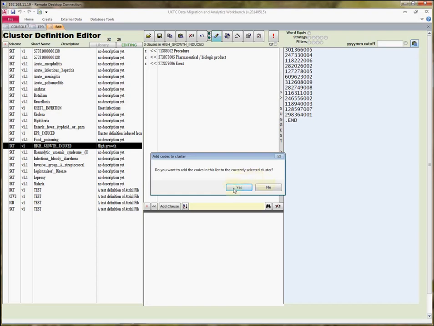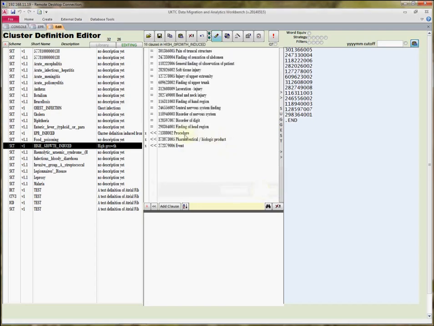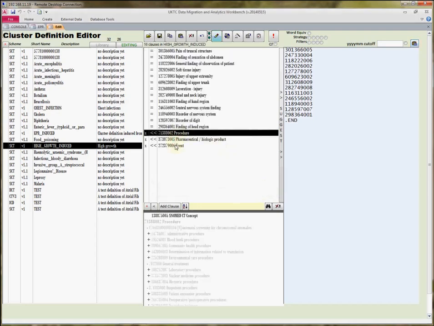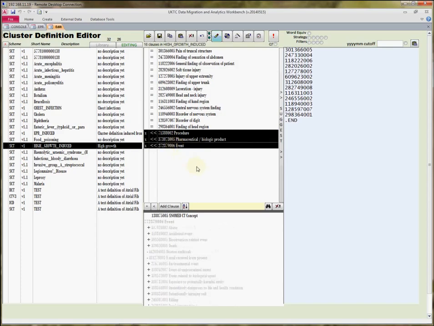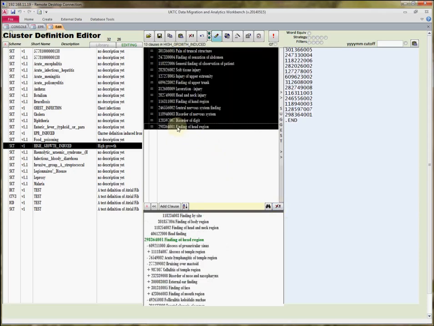And it says, do you want to paste this list into the selected cluster? Yes, we do. Don't want to refactor it. So there's the 13 high growth clusters that we've identified from the original INDUCED cluster. And I'm going to delete these auto-injected exclusion clauses because they're not required. Now it's pasted these in as just this code rather than the original code and all descendants, so I'll select